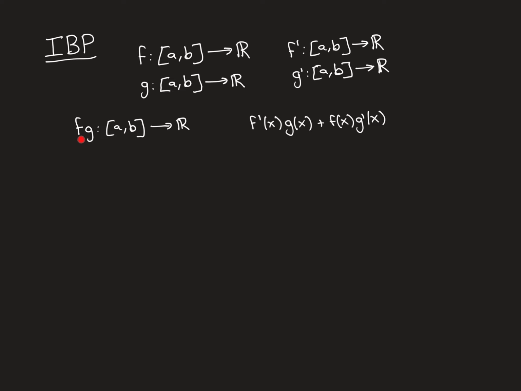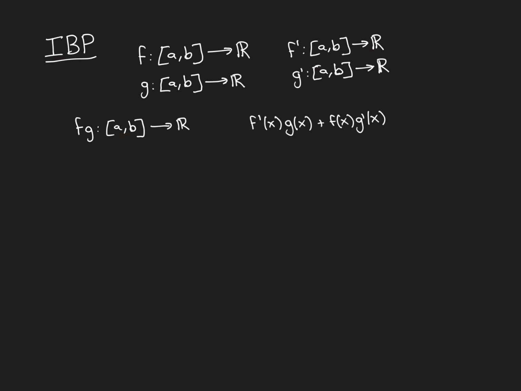Now what we do is we consider the product function of f times g, which of course is a real-valued function over the interval ab. Now, by the product rule, because both f and g are differentiable everywhere over the interval ab, this product function is also going to be differentiable everywhere over the interval ab, and the value of its derivative anywhere will